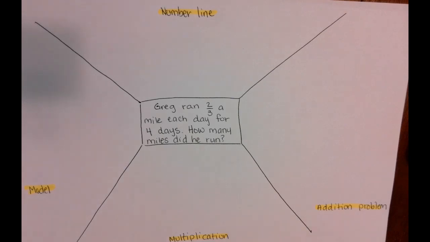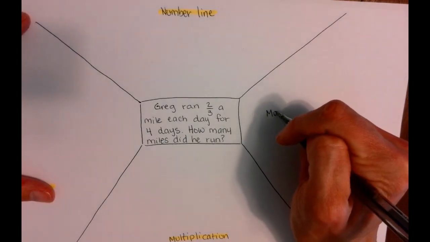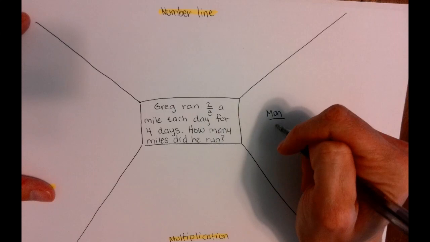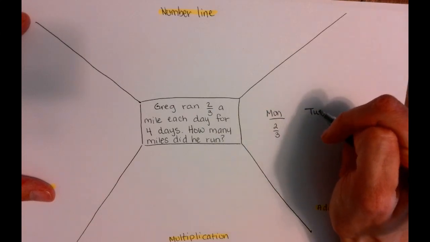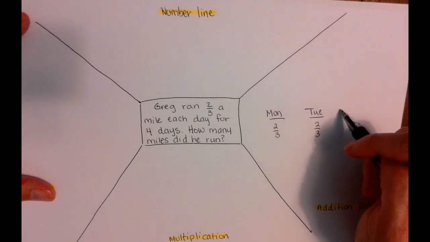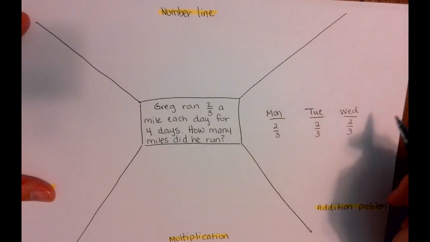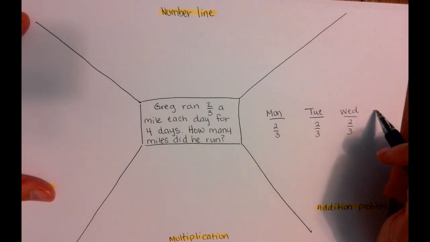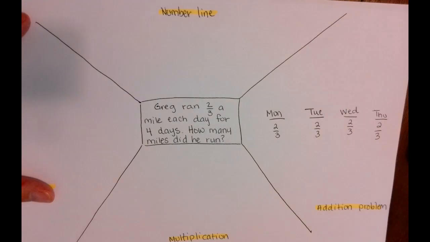Well, I think about this in days of the week. So I'm going to go, here's Monday, and I know that each day he ran 2/3 of a mile. So on Monday, Greg ran 2/3 of a mile. On Tuesday, the second day, he also ran 2/3 of a mile. On Wednesday, he ran 2/3 of a mile. And on Thursday, Greg ran 2/3 of a mile. So now that I'm looking at this, I can see that what I have here is actually a repeated addition